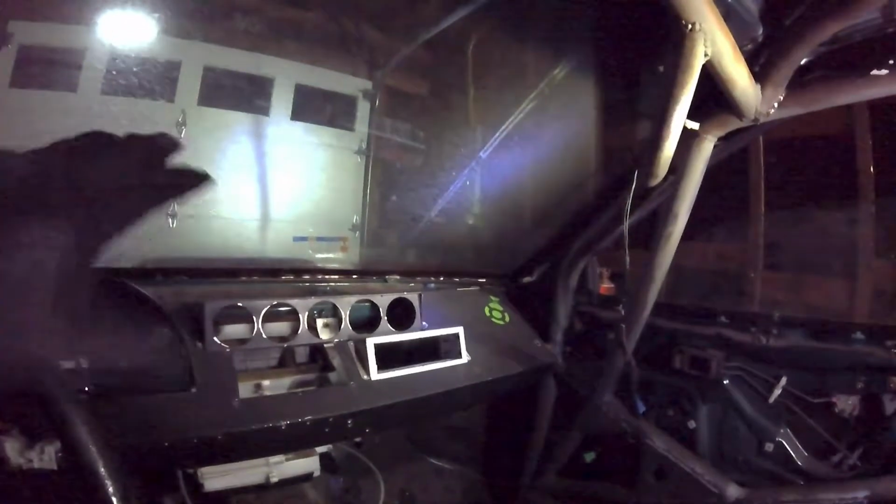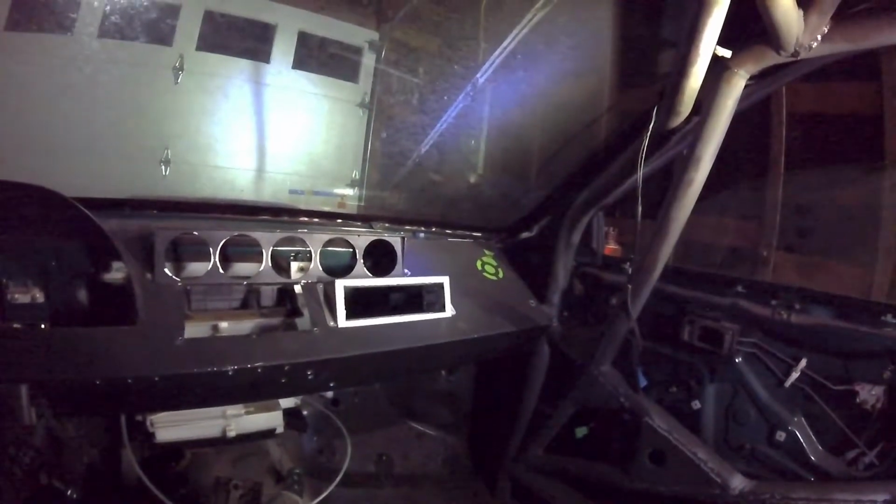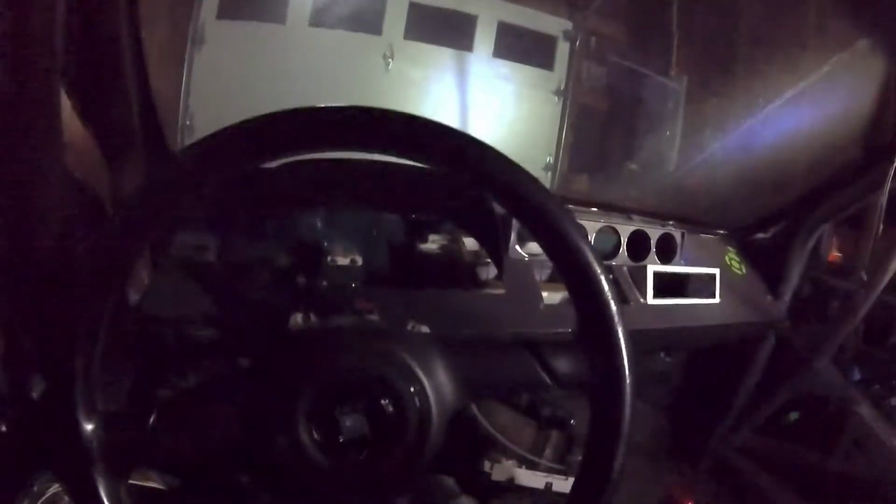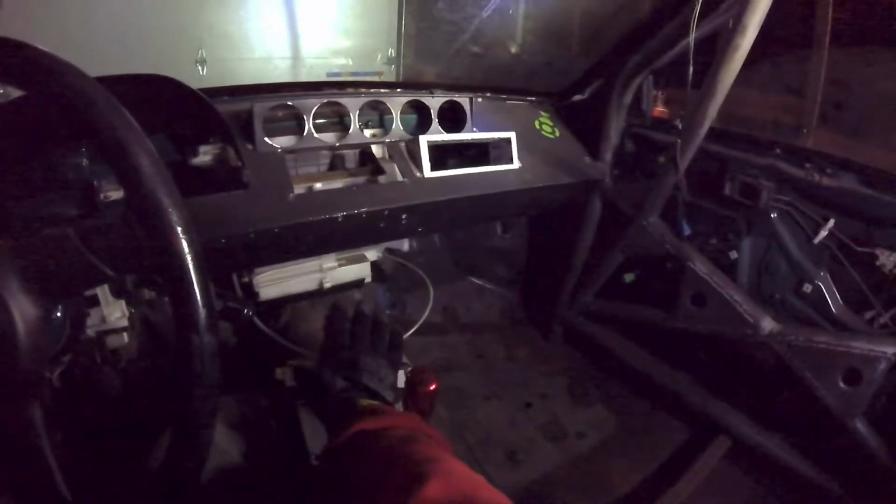Alright, so I just test fit the custom dash. I don't hate it. It has to go up more. It's just kind of sitting there, obviously. But if I made brackets, it would hold it up more, and it'd be more flush with the windshield line. I don't know, because I have to have a switch panel, so I would do something right here. I wouldn't have that many gauges, obviously. I would do something else up there. Maybe I'd have switches up there too, but I definitely have to have switches right here, and then I have to figure out my